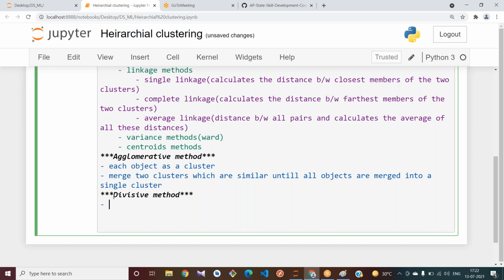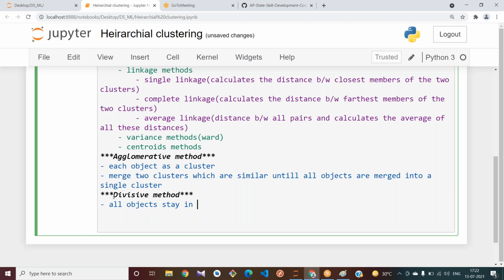Yes, entire data as a single cluster. All objects stay in one cluster.